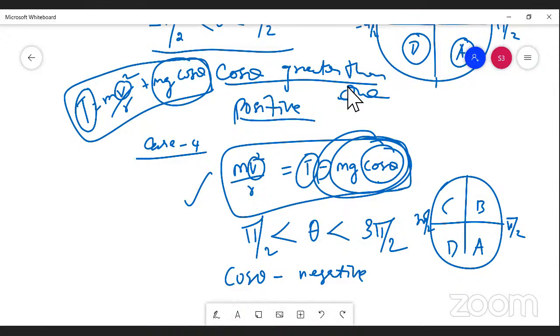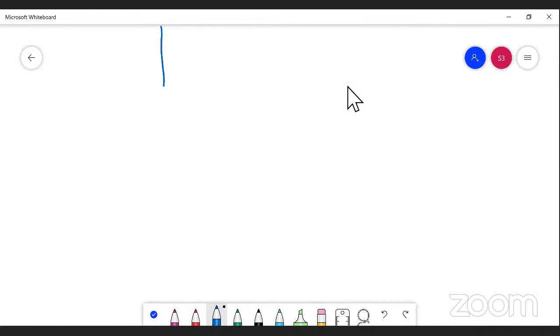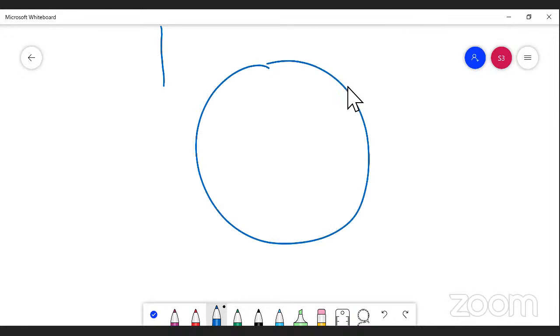Now we are discussing the lowest point and the highest point. I want to calculate the tension and velocity. Consider the circular path: this is the center point, this is the lowest point, this is the highest point. For the lowest point, mg acts in the downward direction. The velocity of the bob at the lowest point is v1. The string acts in tension, this is